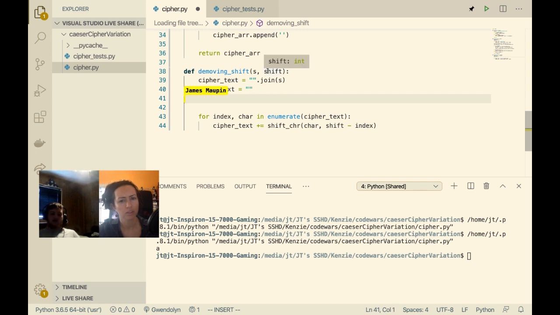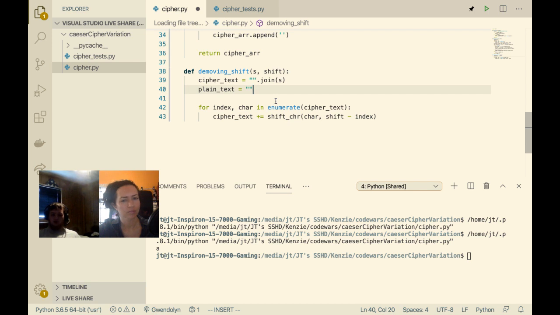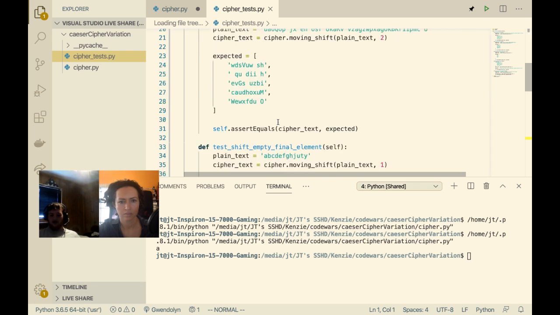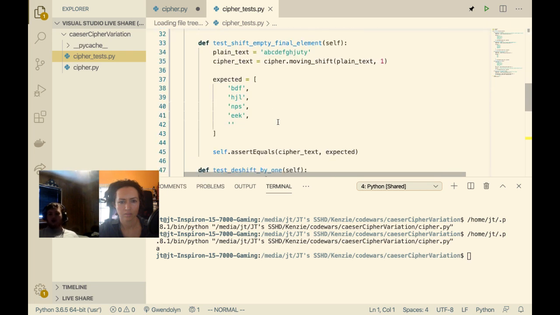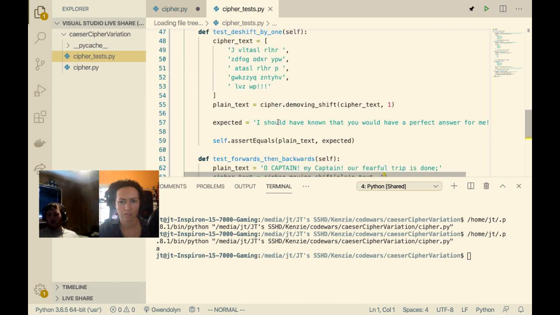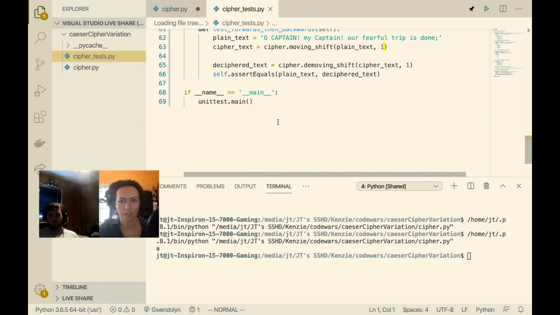No. The test itself... so if you look in the Cipher test, and you get into the last 2 tests, that'll show you how it works. But the tests themselves actually pass in positive integers, not negative. So we would just have to convert it to a negative integer before we start. Okay, I see.